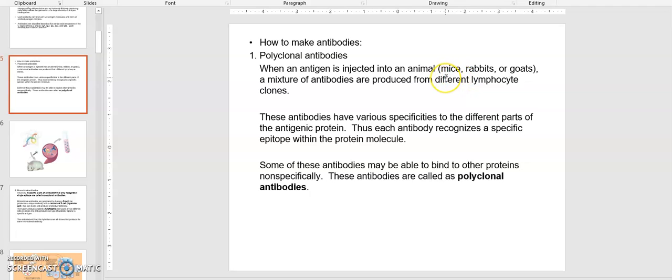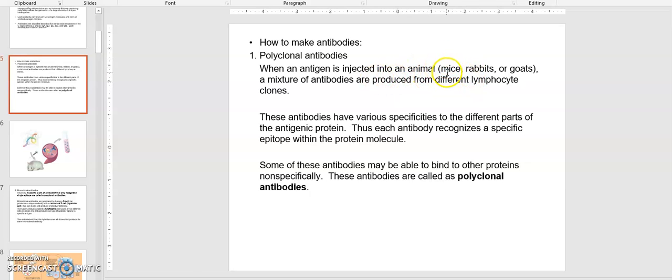You can use a mouse or rabbit or goat, any kind of lab animals, if you can grow them pure in good condition, by injecting antigen, the proteins you want your antibody to bind. Okay, the purified protein can be injected into these animals, like people getting vaccine shots. Same principle is applied here. So the animal is injected with an antigen, okay, once, twice, maybe 3 times, over about a month period, and